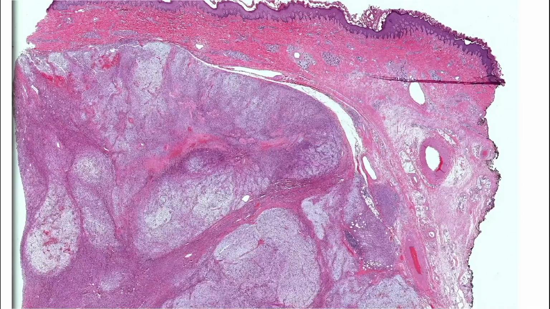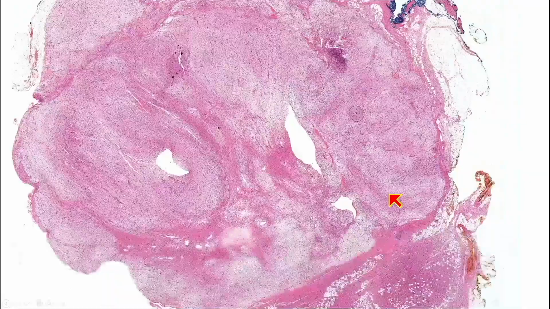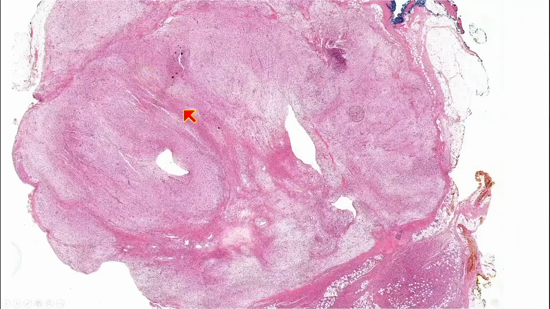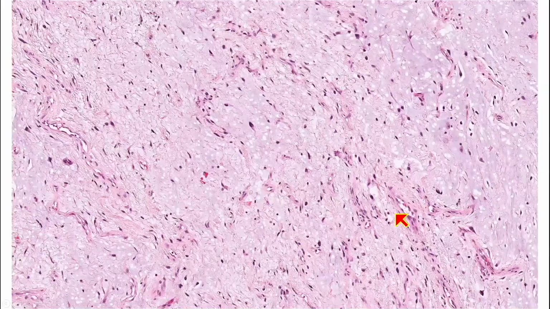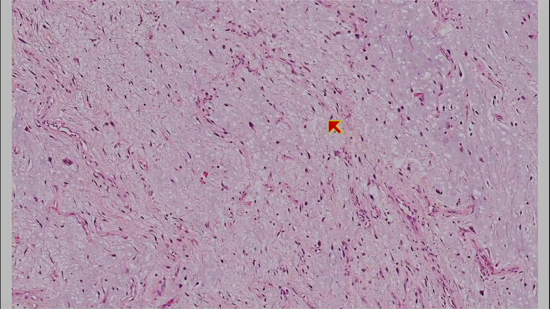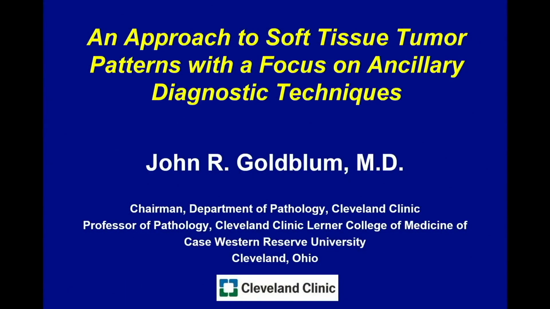So here's a more classic myxofibrosarcoma, nice lobular architecture, this myxoid stuff going on in the subcutis. Here's another one, lobules of these myxoid areas in the subcutis. It's crawling along the subcutaneous septae here, going to the margin, they almost always do. Here again, atypical spindle cells, prominent myxoid stroma. Here's a less cellular one, but this is a practical approach to soft tissue tumors, and I once used that